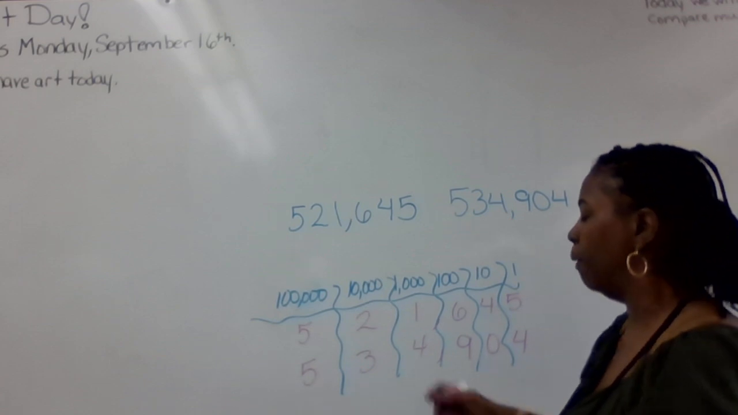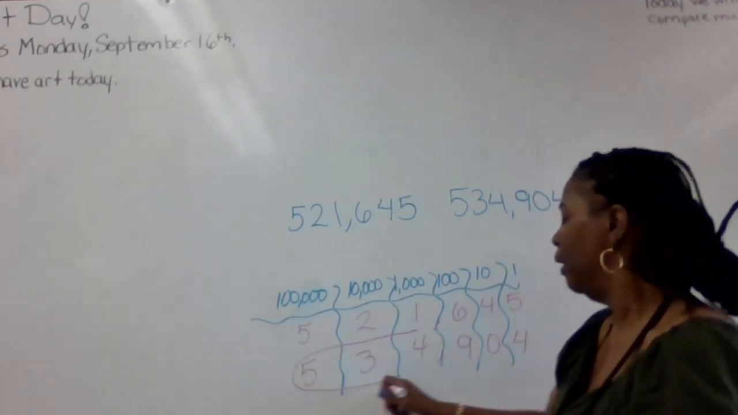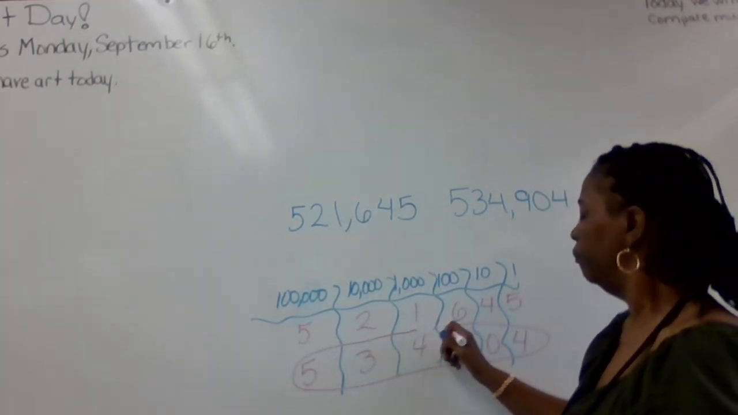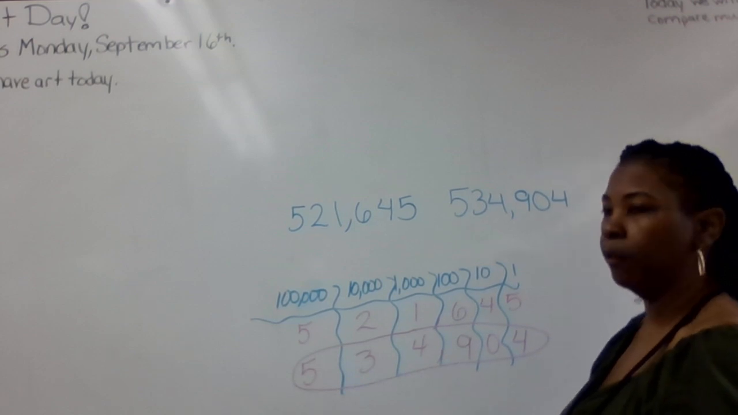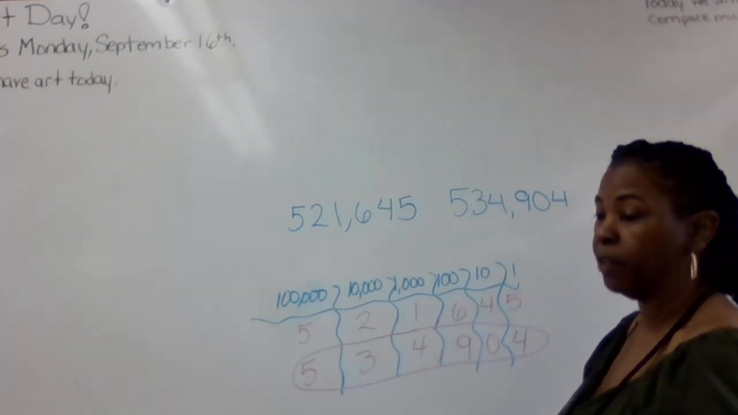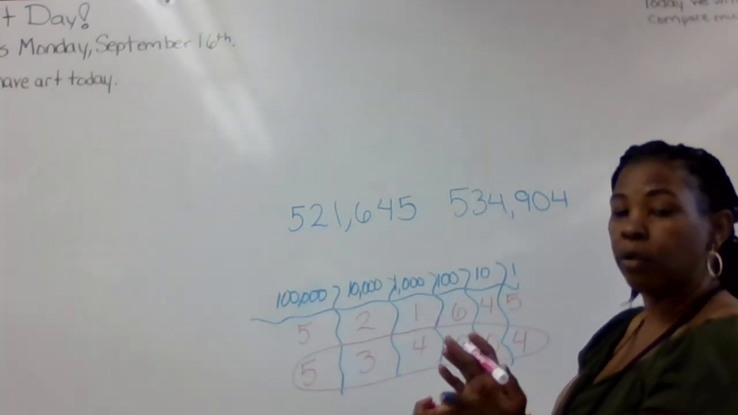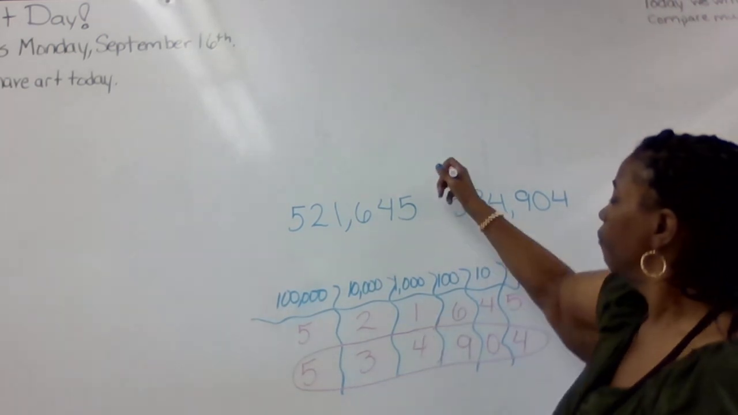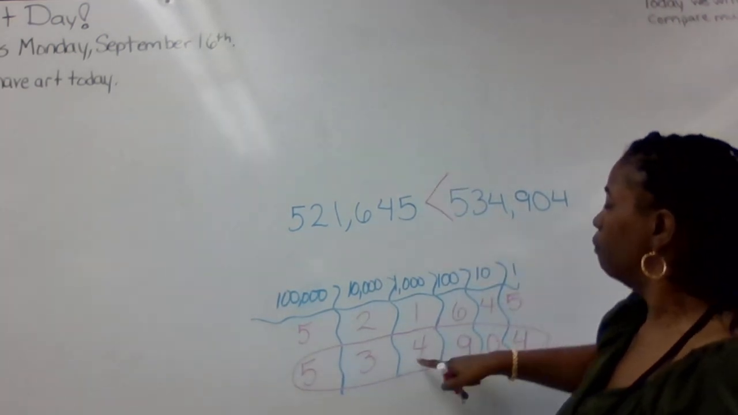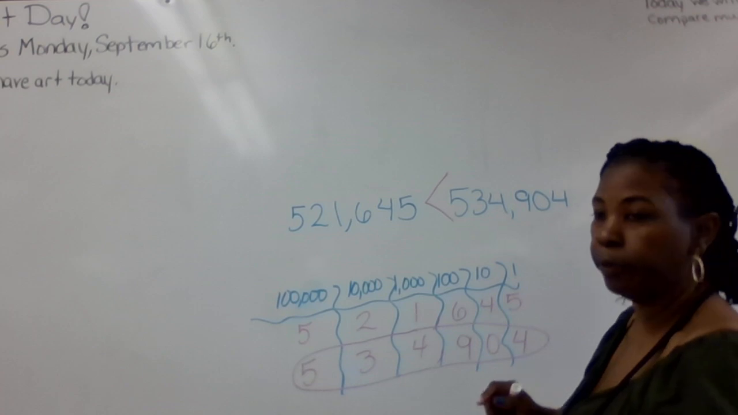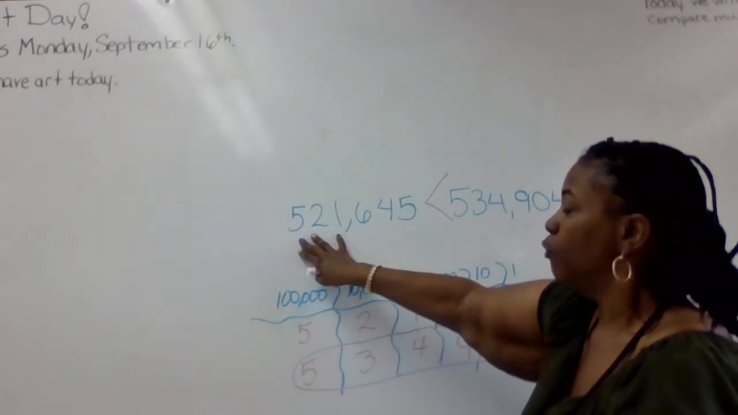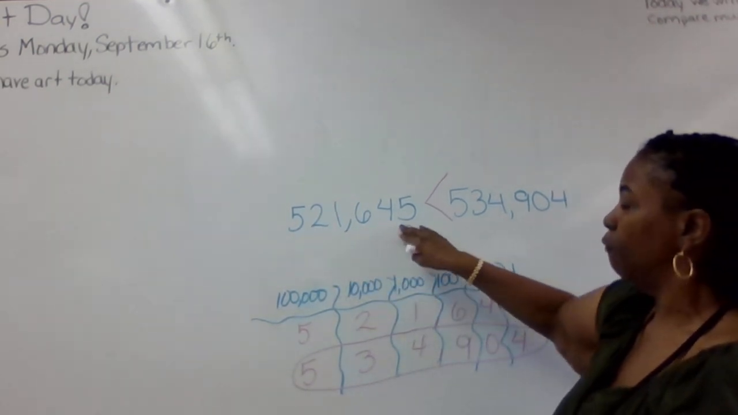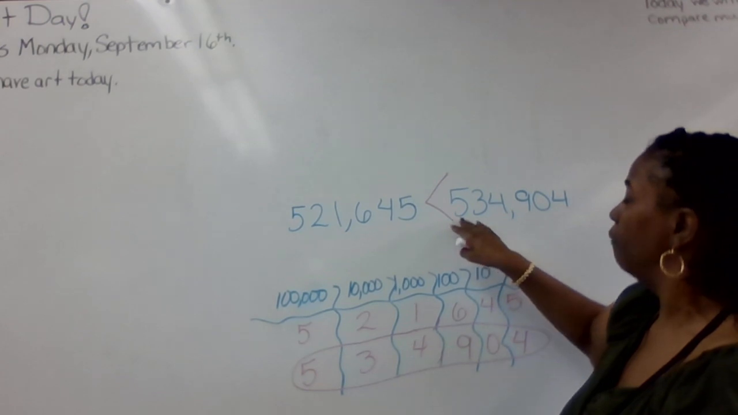So this is going to remind me that my second number is the largest number. And so we know the alligator always eats the biggest piece first. So the open mouth is going to be to the biggest piece. And we said that the second number was larger. So you would read 521,645 is less than